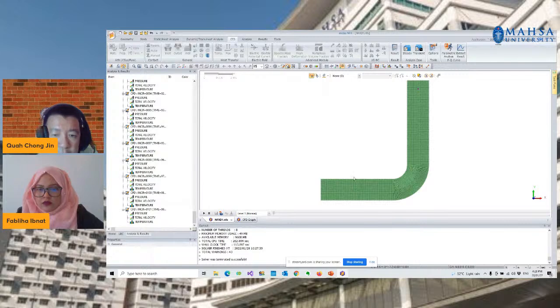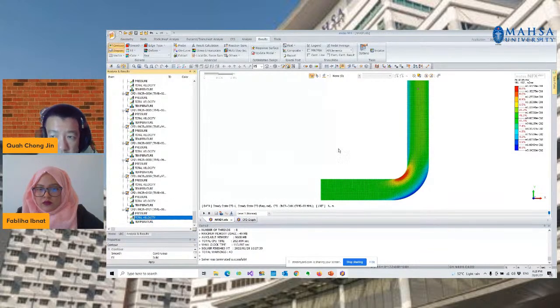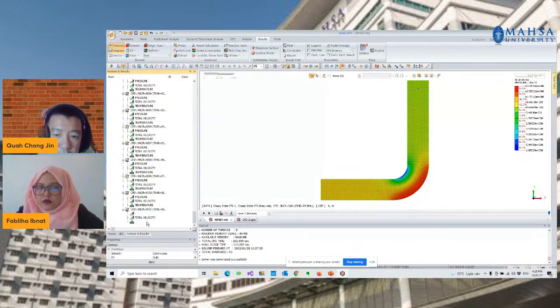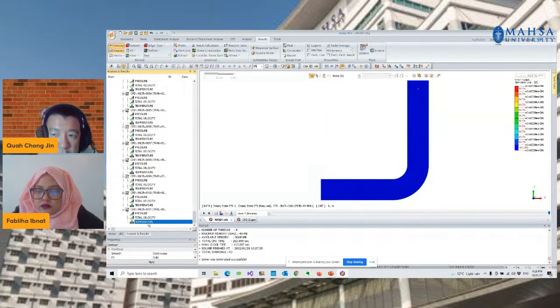So at the last time step, you should be able to see how the flow looks. In this case, you refer to the legend on the right. The blue represents the lower range of the velocity, the upper represents the highest range of the velocity, and you may be able to see the pressure distribution and also the temperature distribution. So it's not much difference in this case.